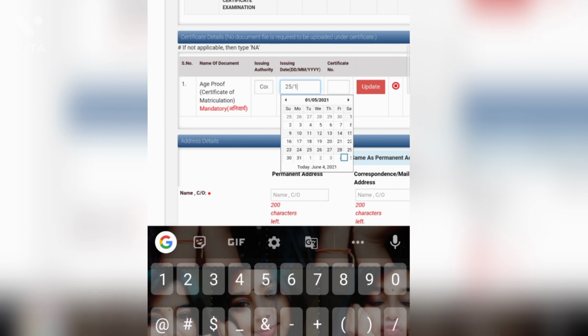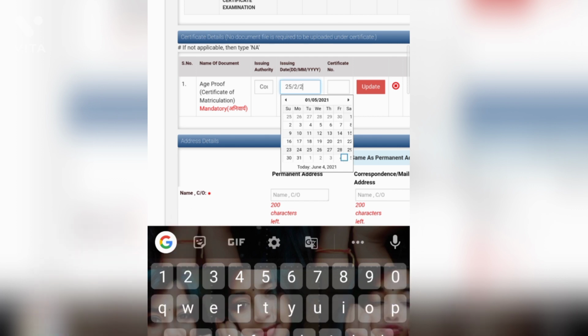for the Indian School Certificate Examination. Write the date of issue, when it has been issued.